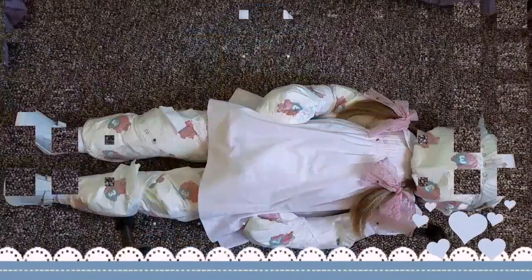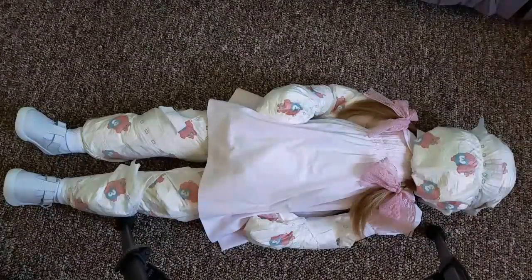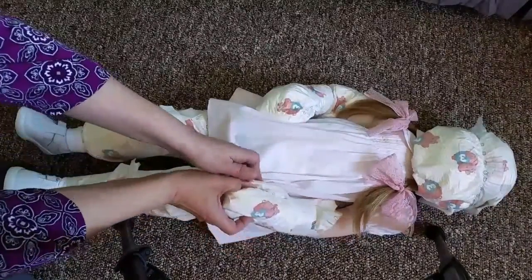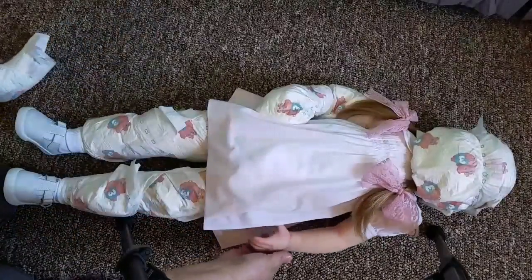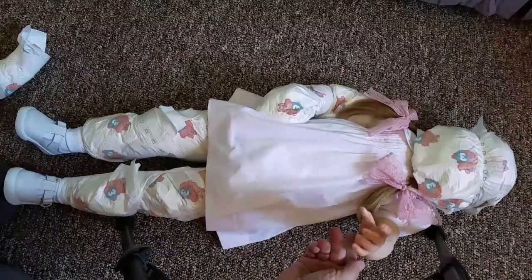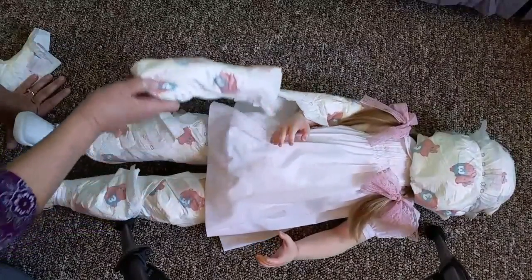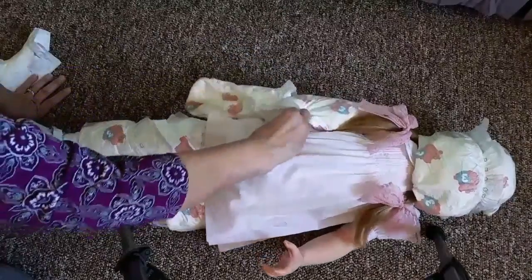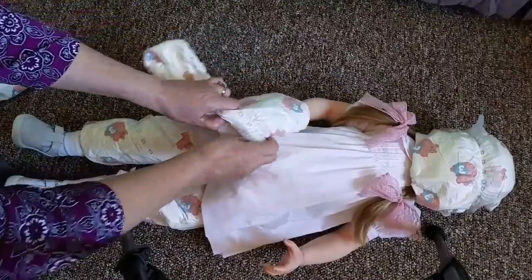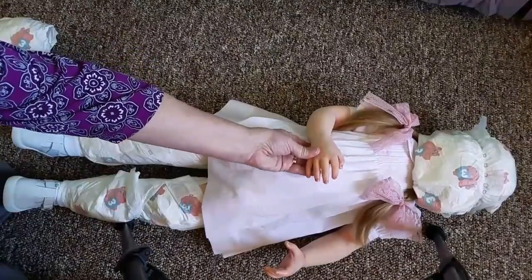Now, I apologize for having to set the tripod so close to the little girl here, but it was the best way that I could think of to be able to take off her wrappings. She's gorgeous. I'm not going to do a details video on her today because I don't like doing that with the box opening. I would rather show her in a pair of clothing that I've put on her and talk about